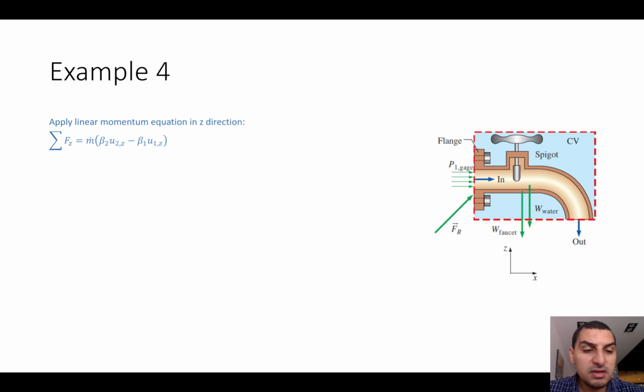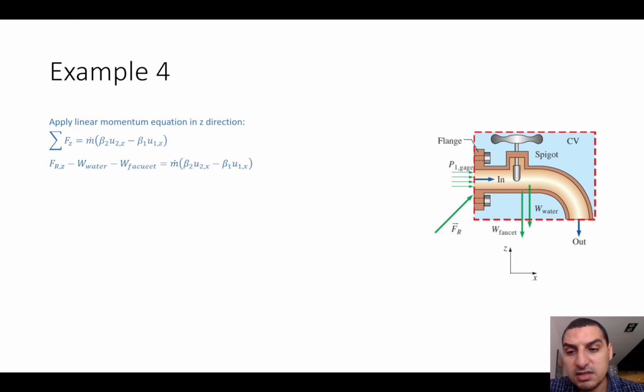If we write the equation, the forces that we have are the gravitational force and the reaction force. There is no pressure force here, and there is no inlet velocity because it's all in the x direction. So this is in the negative z direction, and the velocity here is negative 12.42. The reaction force is positive because the component is acting upward, and